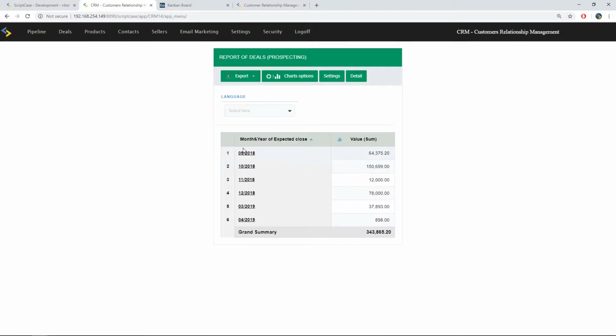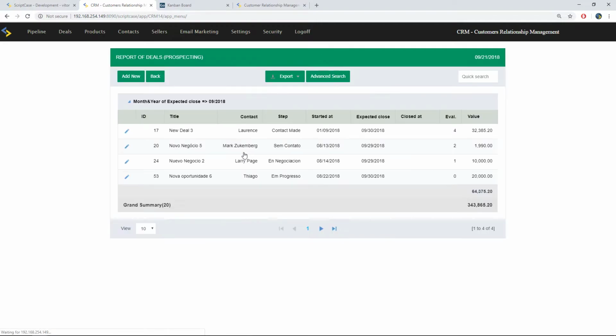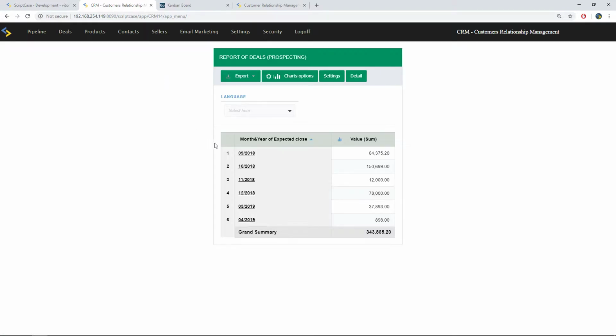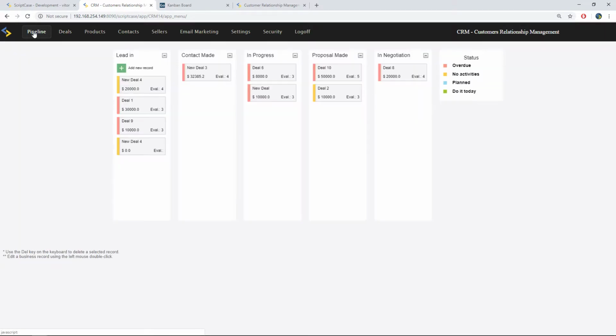Okay, please note that these are drill down summaries. So let's click on one of these, and we can go back. You know, it's really cool, these options of Scriptcase. All right, so let's go back to the pipeline, and now that I create a seller, that I create an